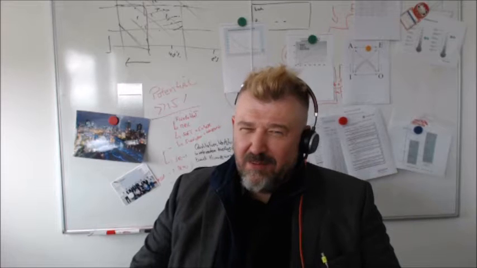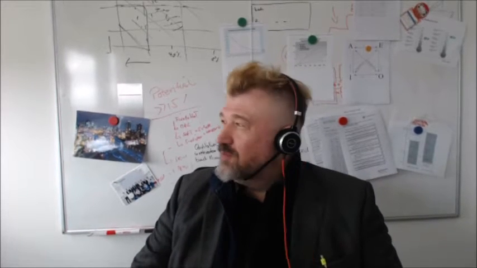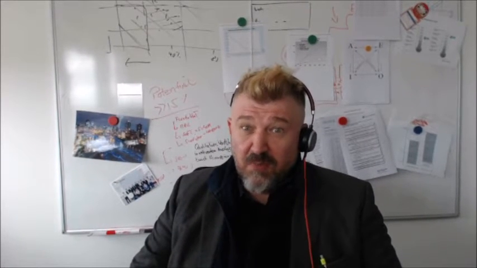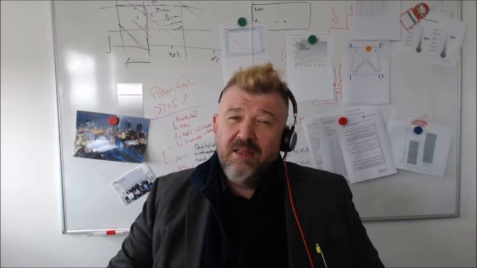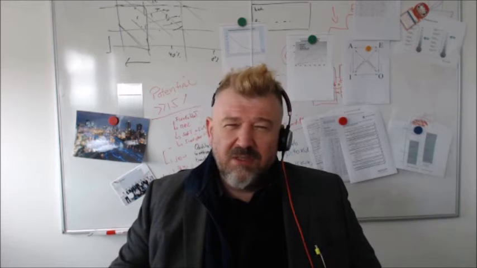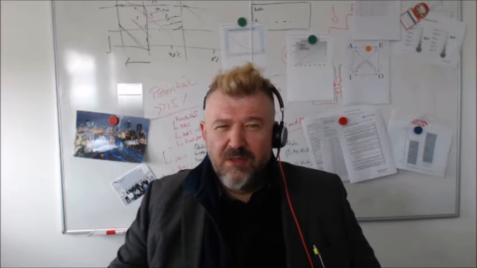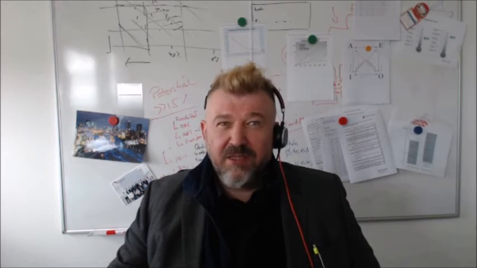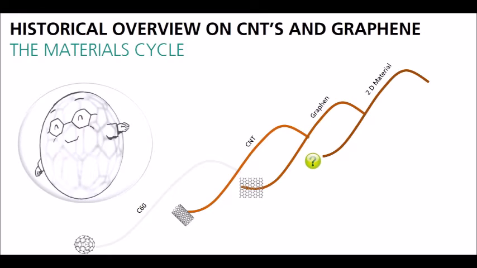So you know that I'm a carbon nanotube guy. I've been doing carbon nanotubes for 20 years or so, but I made graphene too. And the interesting thing is probably why I did research on graphene and carbon nanotubes and probably not on fullerene. I'd like to explain this with the next slide. Materials come and go, same as carbon nanotube, which came after the Buckminster fullerene, which is another carbon allotrope.